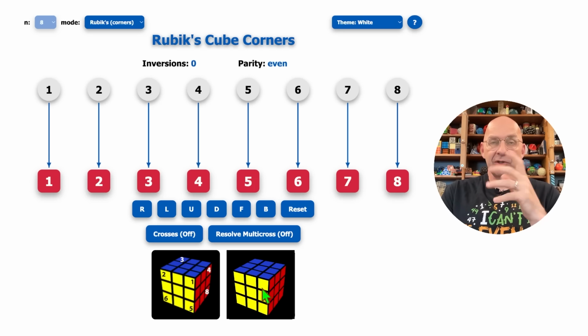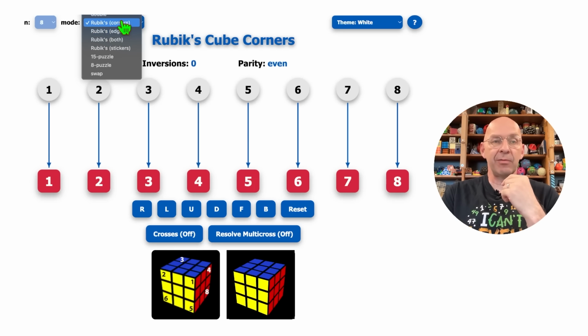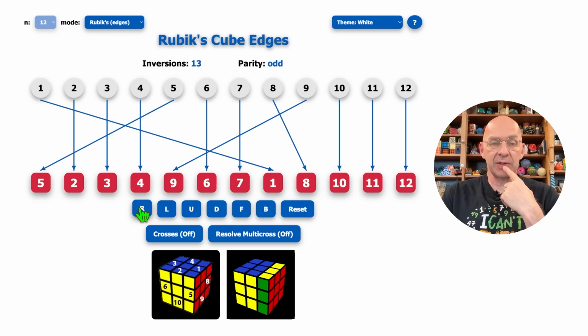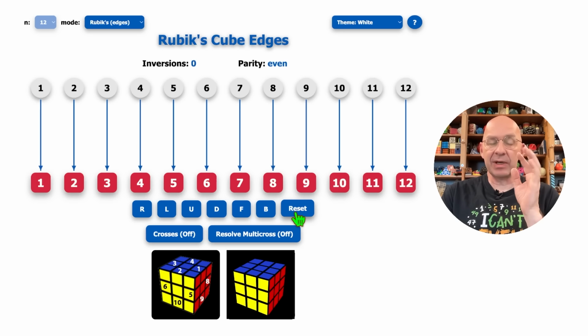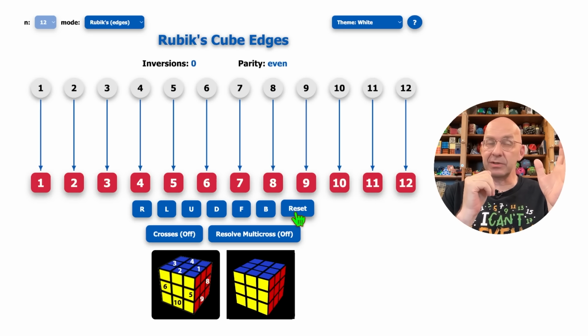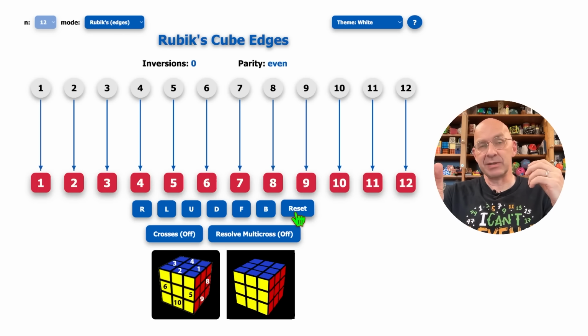Now, when I shuffle the Rubik's Cube and twist it up like this, of course, I'm not only permuting the corner pieces, I'm also permuting the edge pieces, right? And so there's 12 edge pieces, with a corresponding permutation diagram. Let's just have a look at what happens here. So if I do a right quarter turn, that's also of odd parity. So even when it comes to permuting the edge pieces, quarter turns correspond to odd permutations. Not clear from the beginning, but it is, right? So both in terms of corner piece permutations and edge piece permutations,